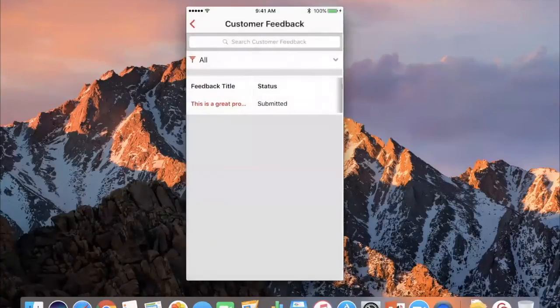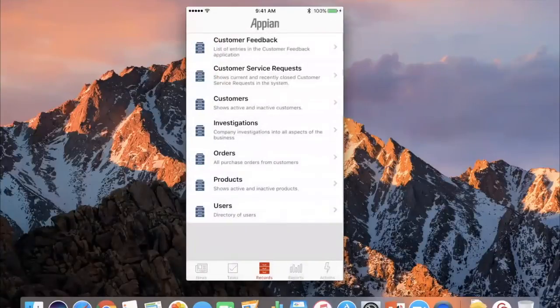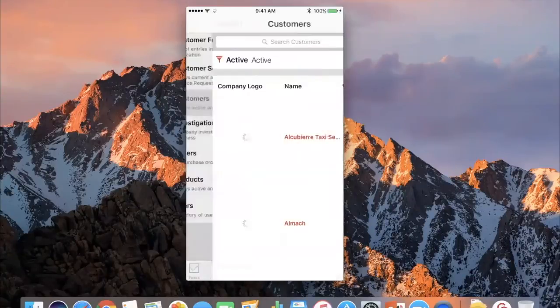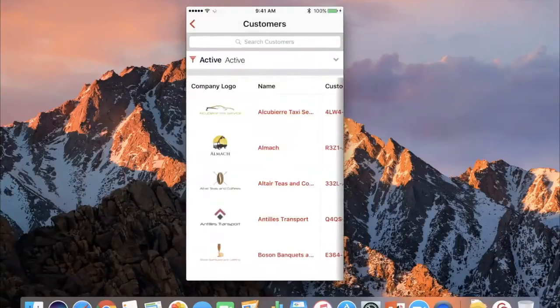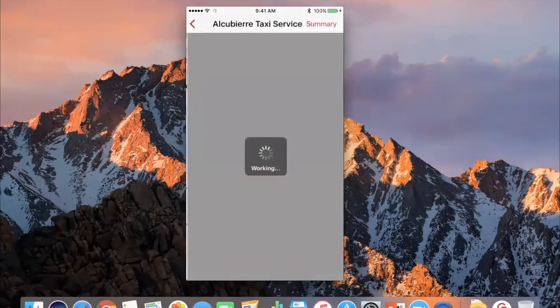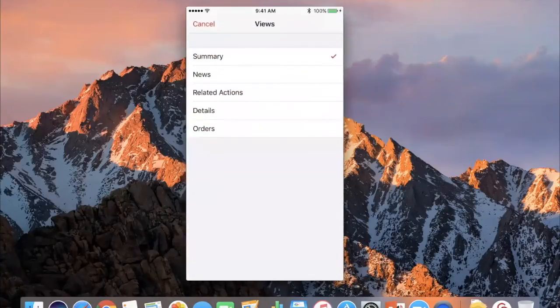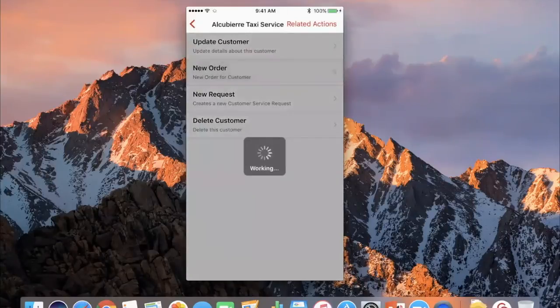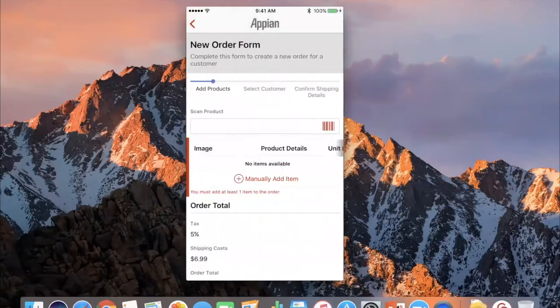And a nice feature of the entire mobile experience is that as I go to a customer, for example, I need to capture a new order inside of here. So let's go to my specific customer, go to my related actions, and there is my new order form right there. And it's going to recognize intelligent things about the mobile device, like, hey, this is a mobile device. Instead of the general new order form, I see a barcode. It can be enabled there.